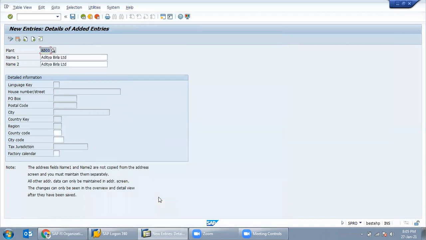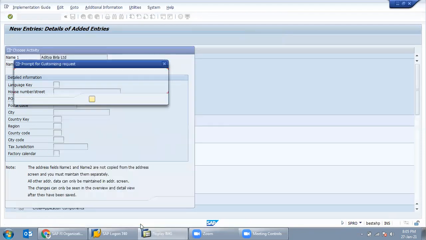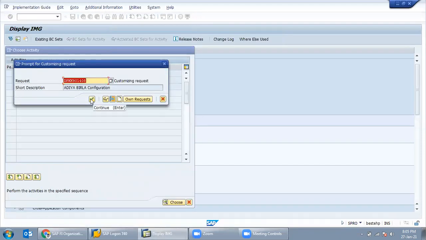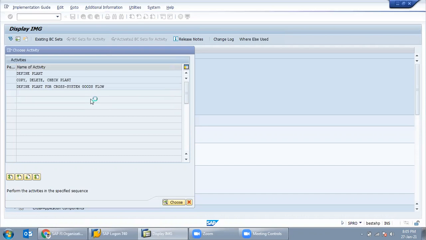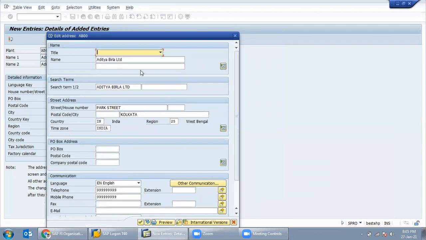Just press enter and save, and give it in the same request. See, the detailed information has been captured through the address book. No need to maintain it separately. The field is not active for input here. You just give the input in the address book only.